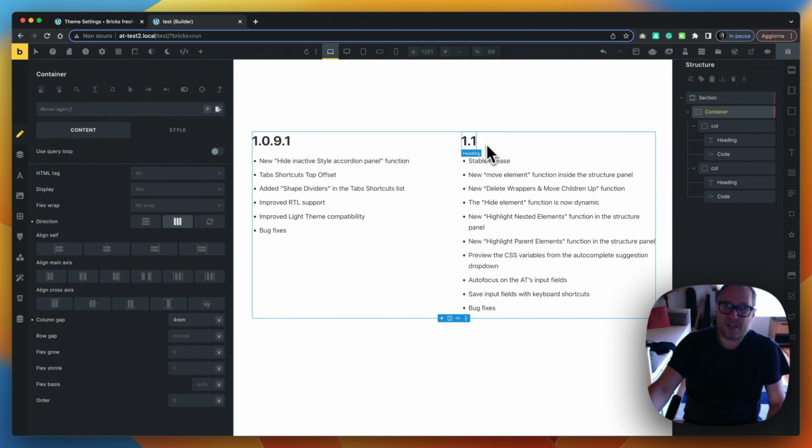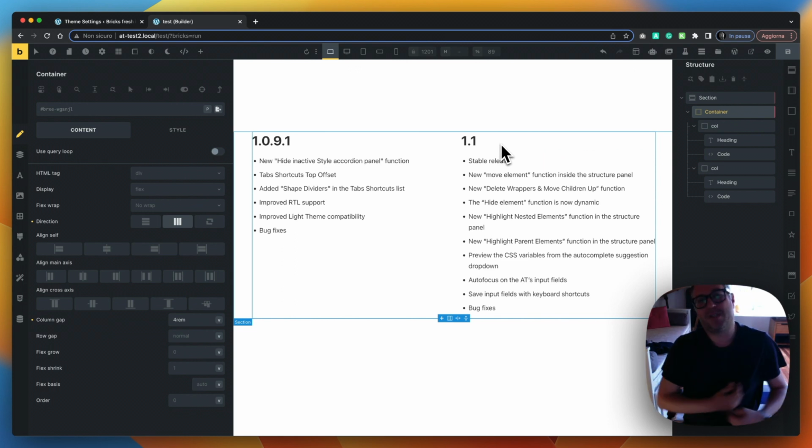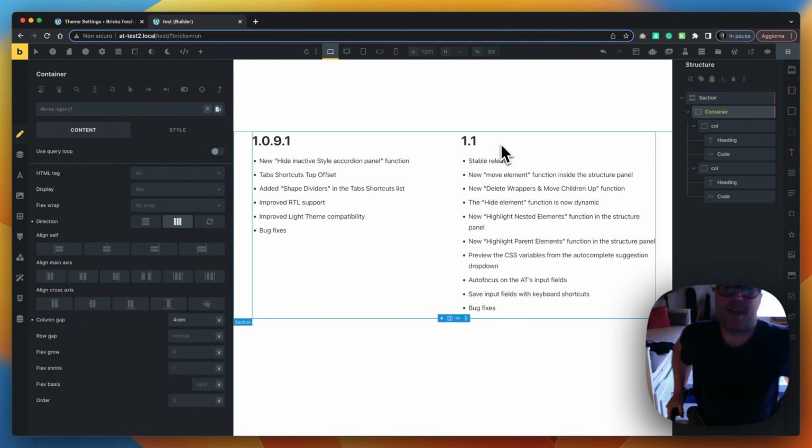Okay, let's jump on the 1.1 release, which is a big step for Advanced Themer, because this is the first one that I will consider a stable release. So I want to spend a few minutes to describe what a stable release means for me. So of course, don't expect a completely different version. It's actually really similar, and even in the code base it's really similar to the previous releases, because